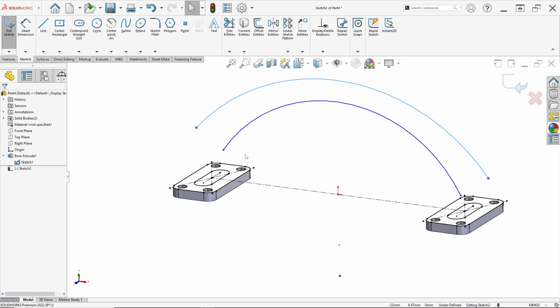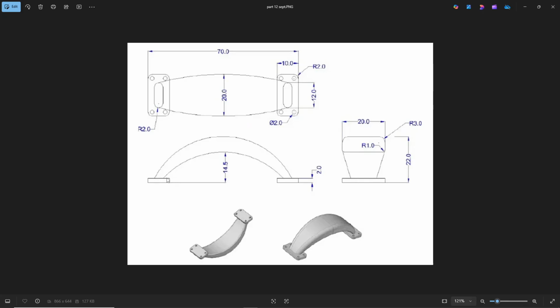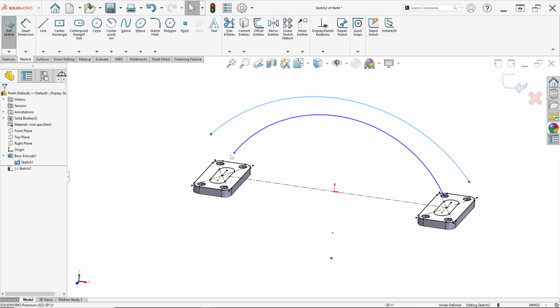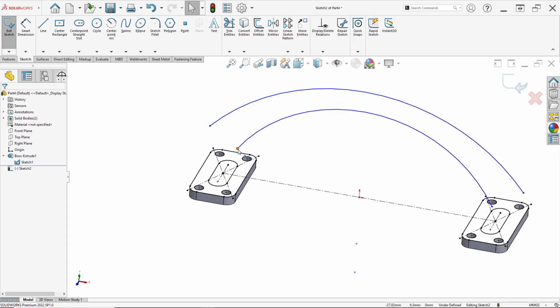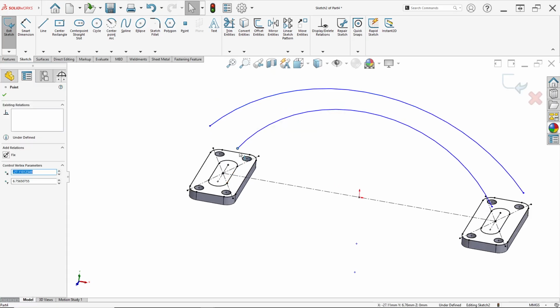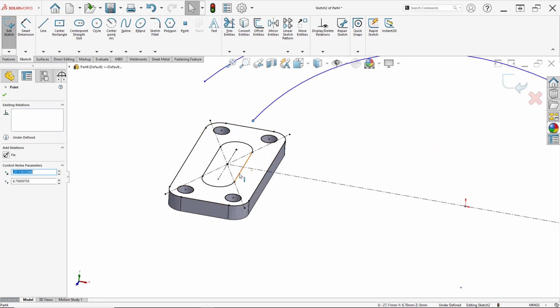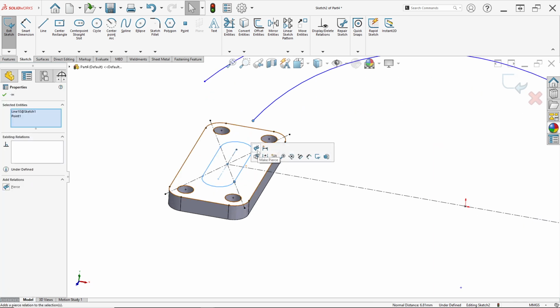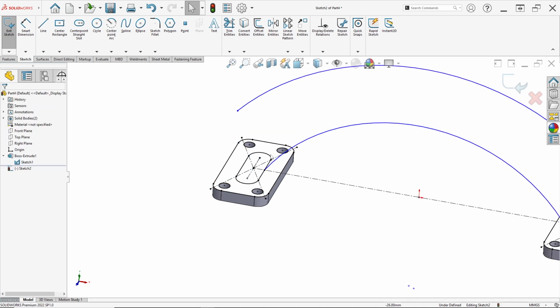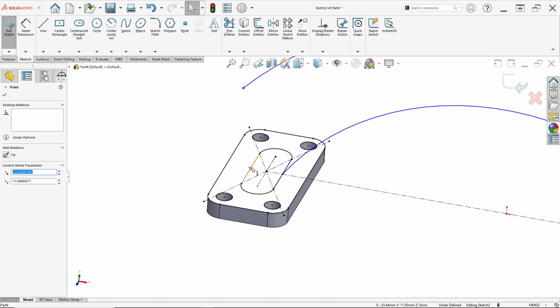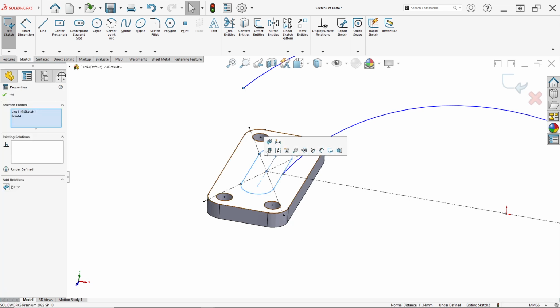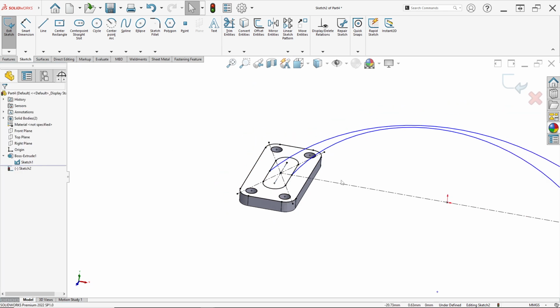Then we can see this line needs to connect to this slot. So just click this point and hold Control on your keyboard and click this line, click make pierce, and again click this point and click this slot or this sketch and click make pierce again like this.